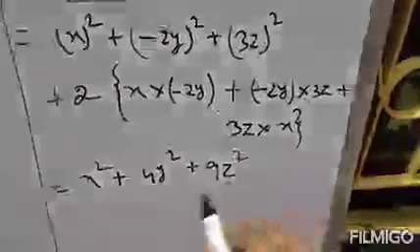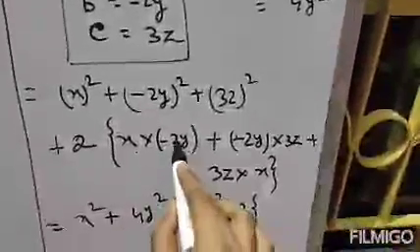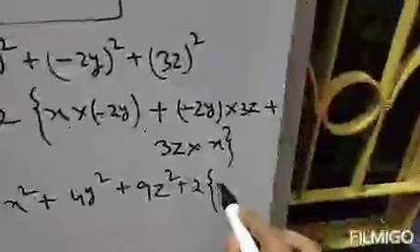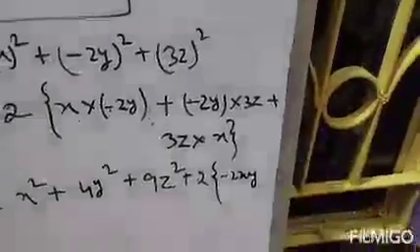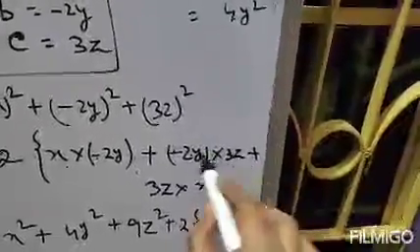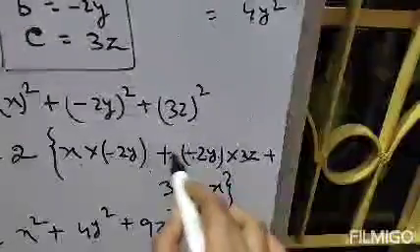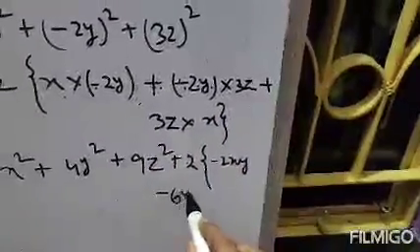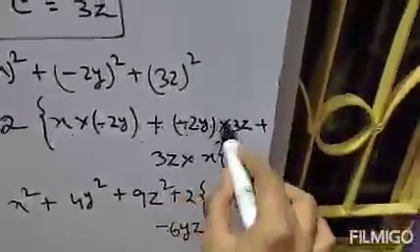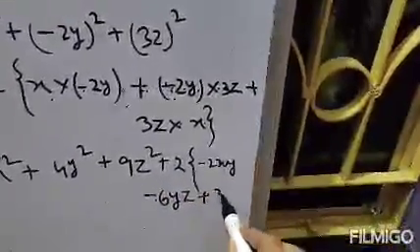Clear? Plus 2. So if you multiply this, it will be 2xy, and there is a minus sign, therefore it will be minus 2xy. Then if you multiply this, 2 3s are 6 yz, and there is a minus sign, therefore minus 6yz, and minus plus means minus, therefore minus 6yz. Clear? Plus and minus gets minus, and 2 3s are 6, that is 6yz, plus if you multiply this, that is 3xz.